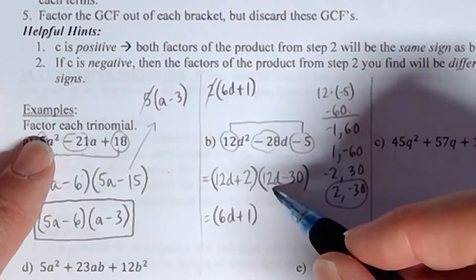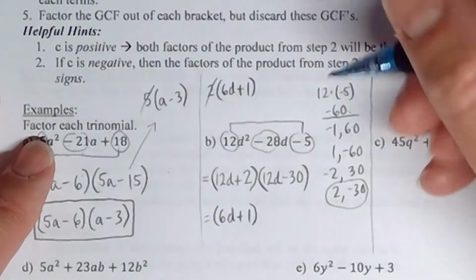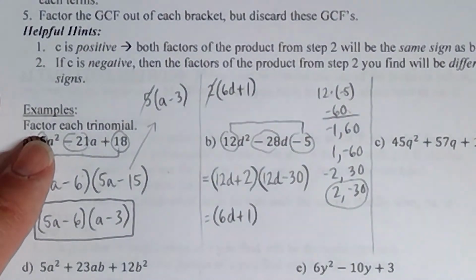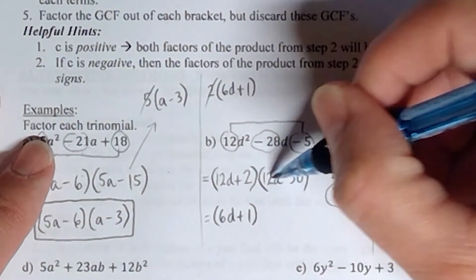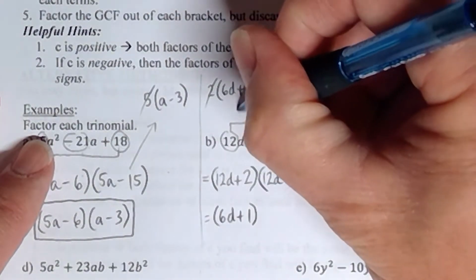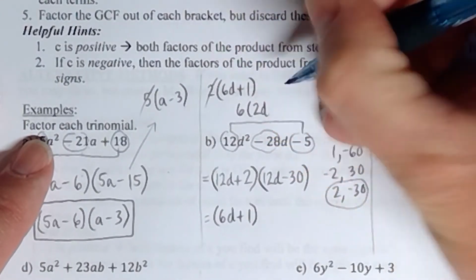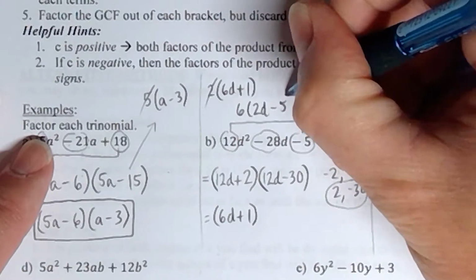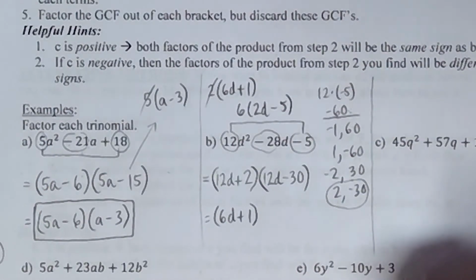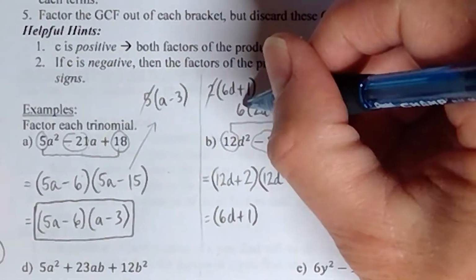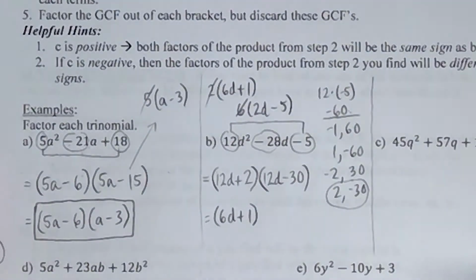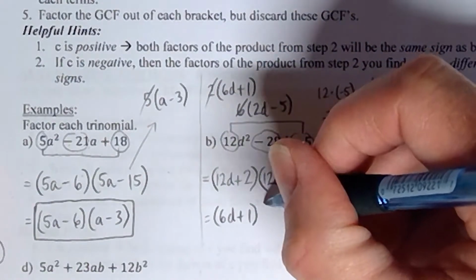Okay? You do the same thing with 12d minus 30. What is 12d minus 30 going to be if I factor out the GCF? Well, the GCF is going to be 6 right there. And so that's going to be 2d minus 5. 2d minus 5. So again, because of the step that we're on here, we discard the 6 and we just keep the